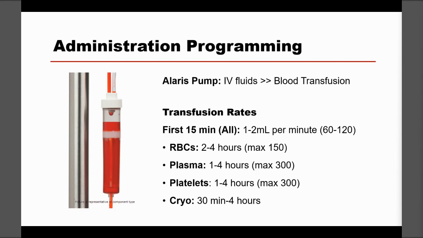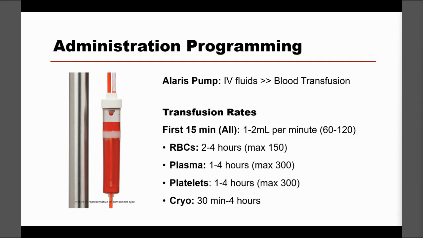So as you start the administration programming in the Alaris pump, you're going to click on IV fluids, and then you're going to scroll down to blood transfusion. It's important that you pick the right transfusion rate. So for all unit types, you're going to, for the first 15 minutes, give a slow transfusion. So that's 1 to 2 mLs per minute or 60 to 120 mLs per hour. Typically speaking, nurses will do like an 80 to 100 rate, but our policy allows for 60 to